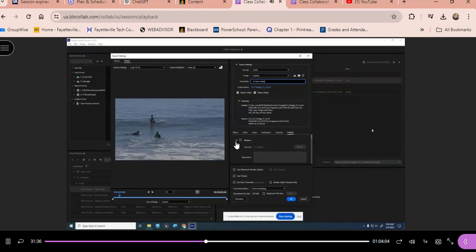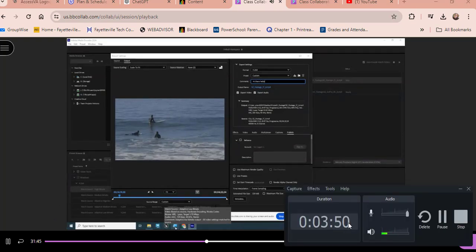Anyway, so what we're going to check here is just that our frame rate is the same, and we can actually see some of that information, the frame rate and the resolution, and now we can see information